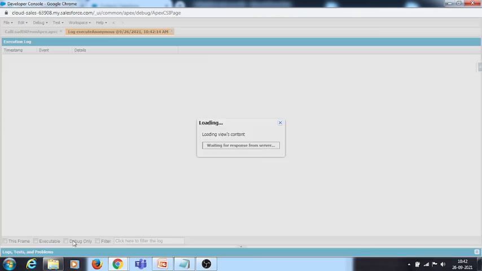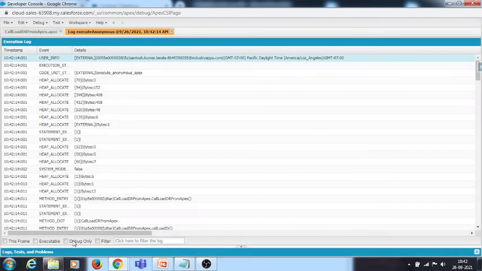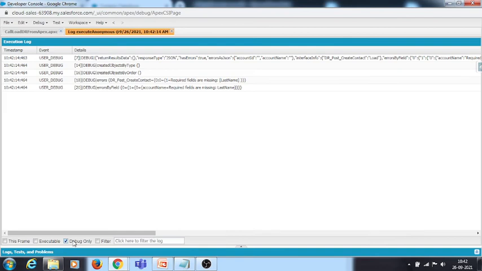Yes, if we click on debug only, here we'll get the errors. Object created type: it is not created, and order: there is no object created, so no record created on an object, so it is empty. And errors: if we observe, one error, required field is missing, which is last name, we got from the data wrapper.